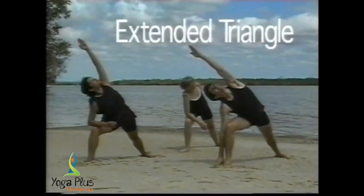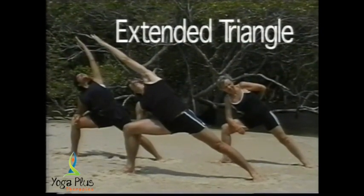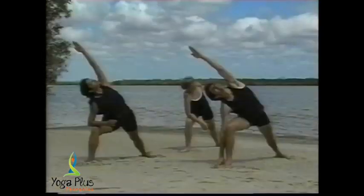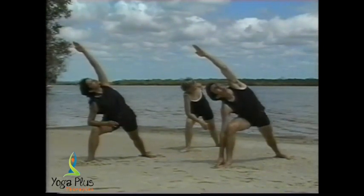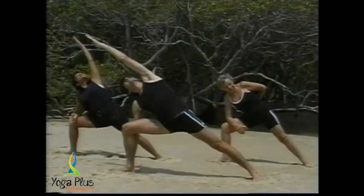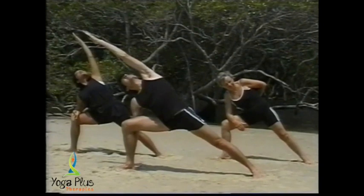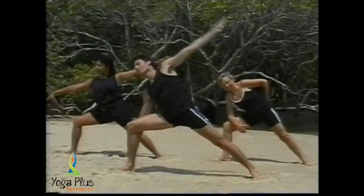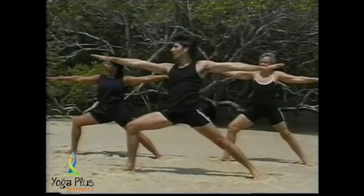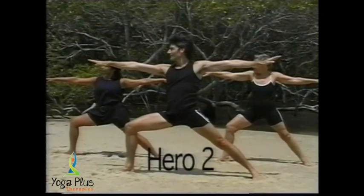Then take your left arm up and overhead where comfortable. Try to get the left side aligned in a straight line, in a diagonal line, from fingertip to heel. Keep the armpits open and the pelvis upright, and then return to Hero 2 briefly. Return to the start,